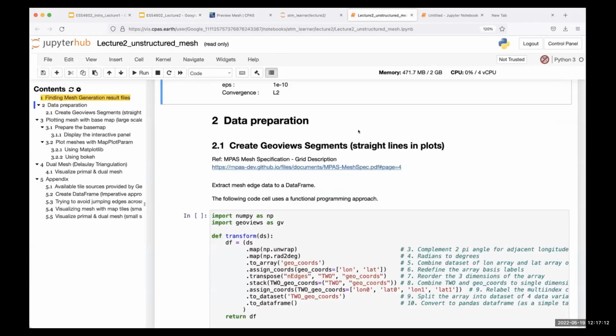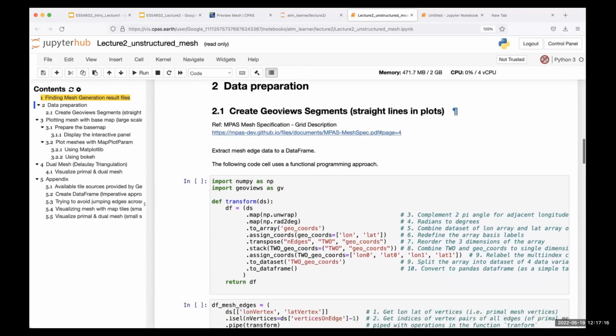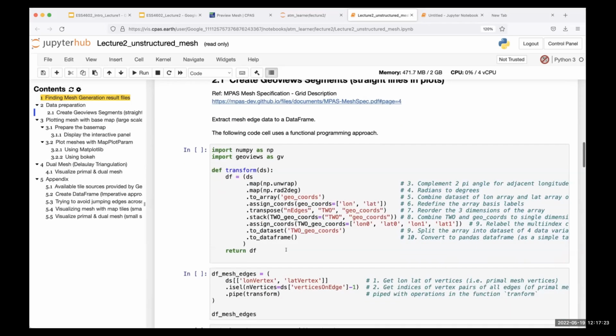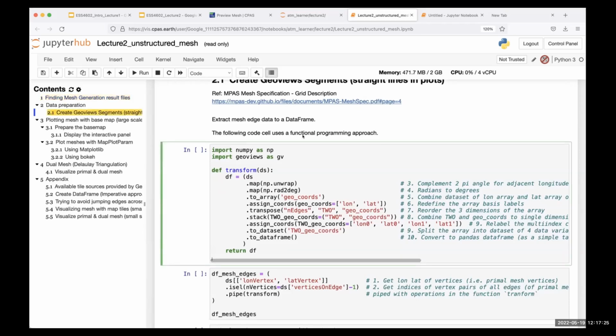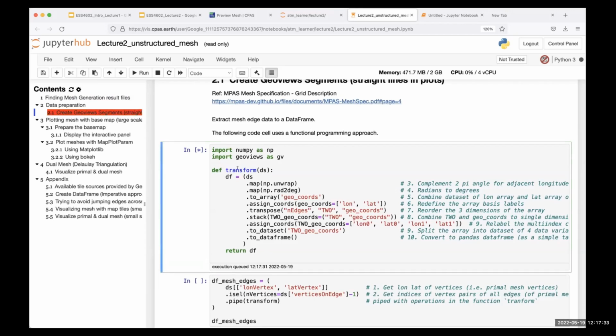So let me just quickly run what I have prepared. We can use a package called Geoviews and use the segment object to plot the mesh. That involves a functional programming approach. I don't explain it now, I just run the code. This defines the function,